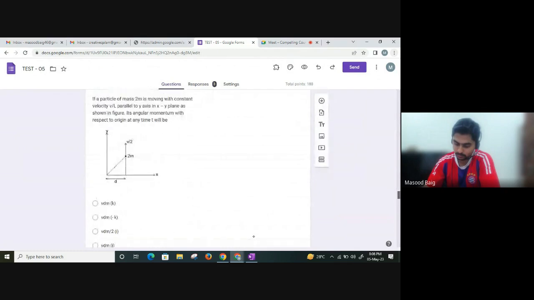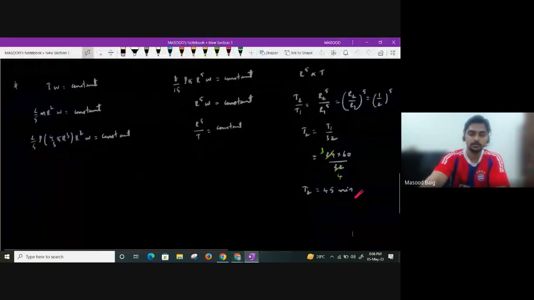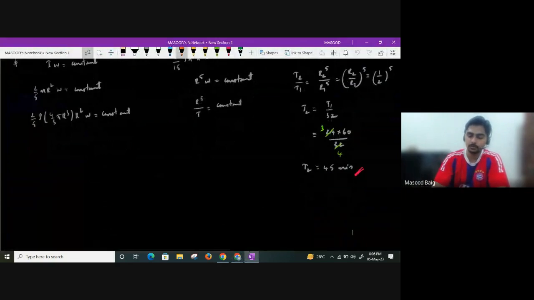So it is moving something like this. If a particle of mass 2m is moving with a constant velocity v by 2 parallel to the y-axis in the xy plane, as shown in the figure, find its angular momentum with respect to the origin. Definitely such types of questions are very important. Calculation of angular momentum. So let us imagine we have